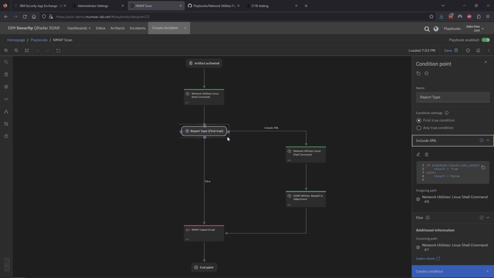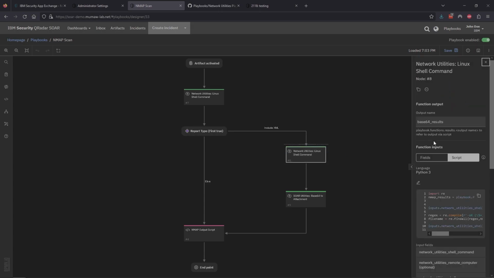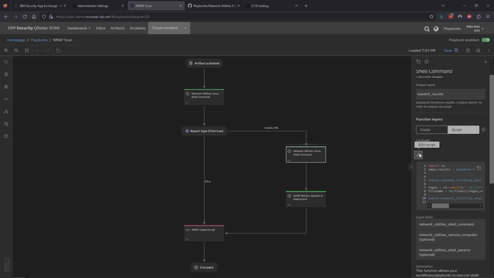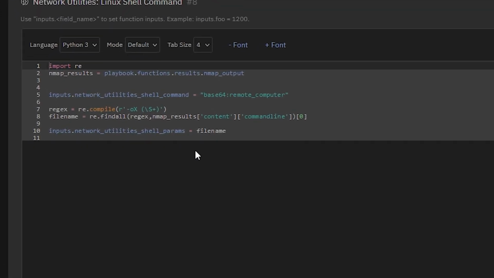The XML path is going to take you out here. We are going to again run another command. This time it's going to be a base 64 command. So when we ran that first command, if you chose to do XML, the XML is actually going to be written to that local environment. But we want to be able to download that to our SOAR system. But the way that we do that is actually by reaching out to the system and doing a base 64 results. So we're going to name the output as those base 64 results,